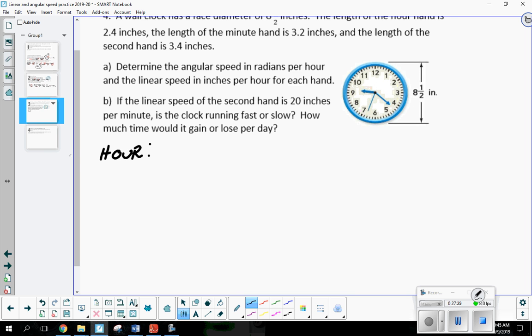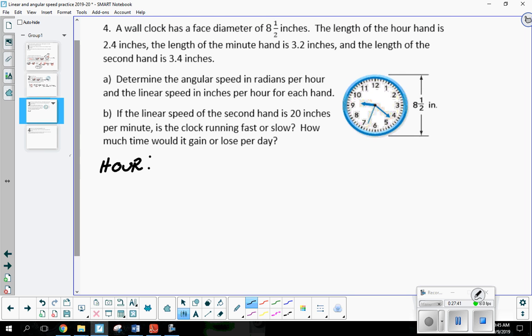Okay, so the hour hand. First thing I want is the angular velocity, because I'm going to use that to find the linear velocity. Let me give you 30 seconds. Write out what you think my first ratio is going to be. Don't say it out loud. Typically these problems will give you the number of revolutions in how much time, but we know how a clock works. Let's see what you can come up with as far as your first ratio.